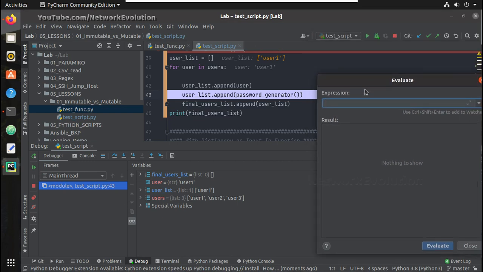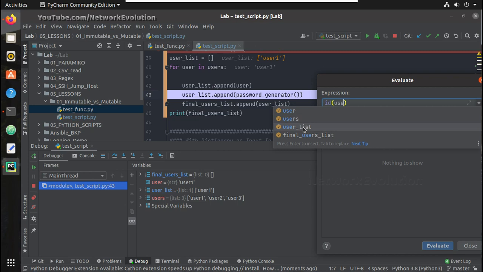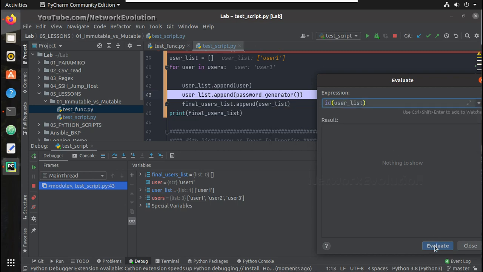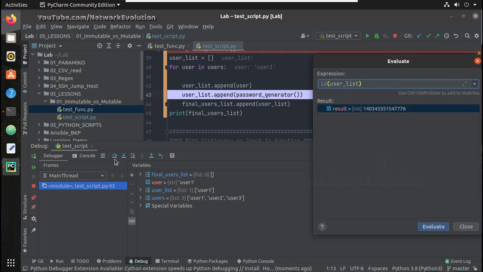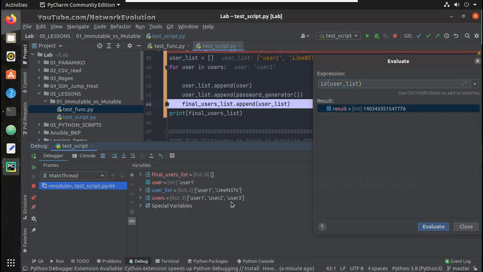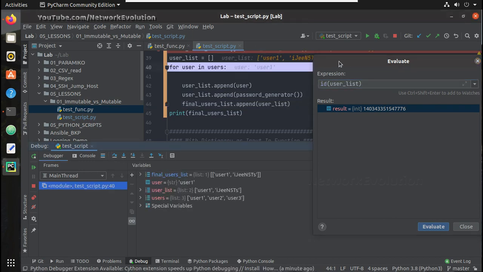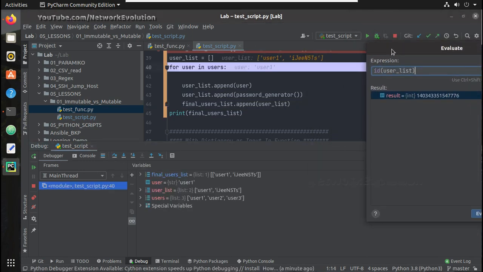Let's have a look here. ID of user list, it is 7776, and password also got appended here. Still it is same, and you can have a look into the final user list.